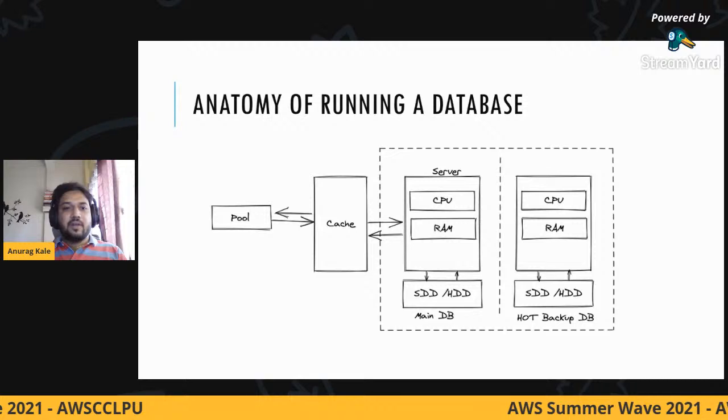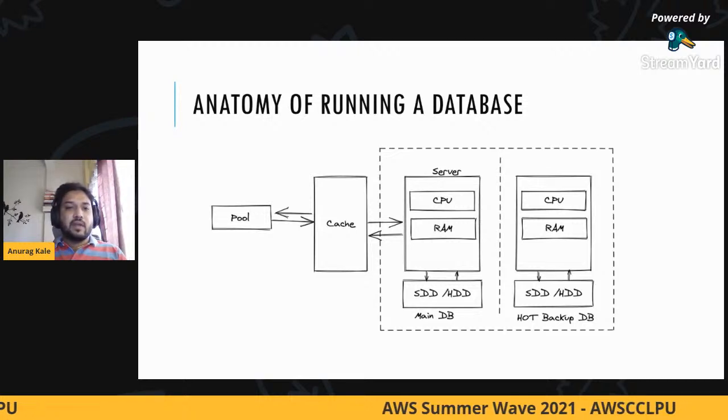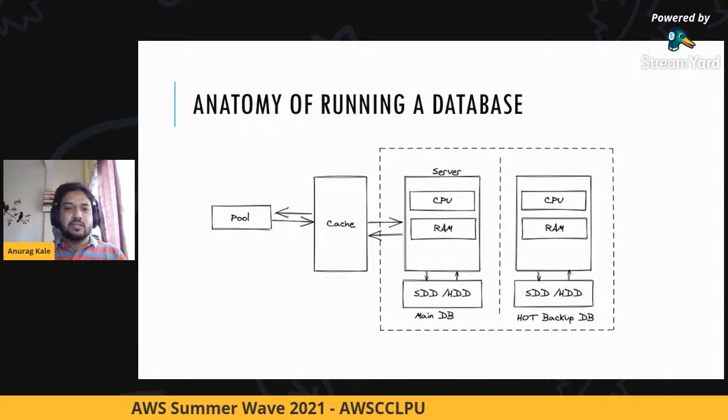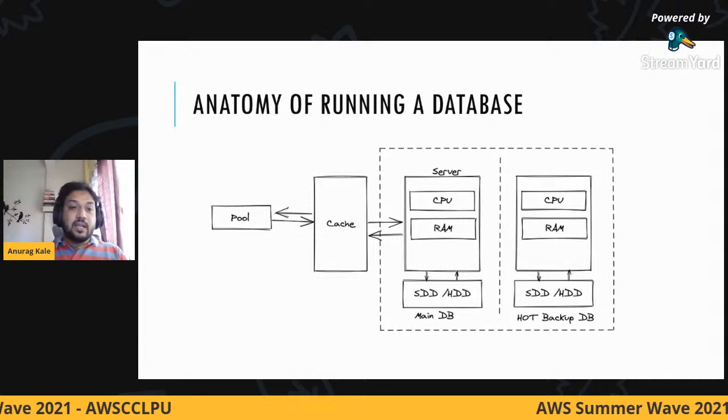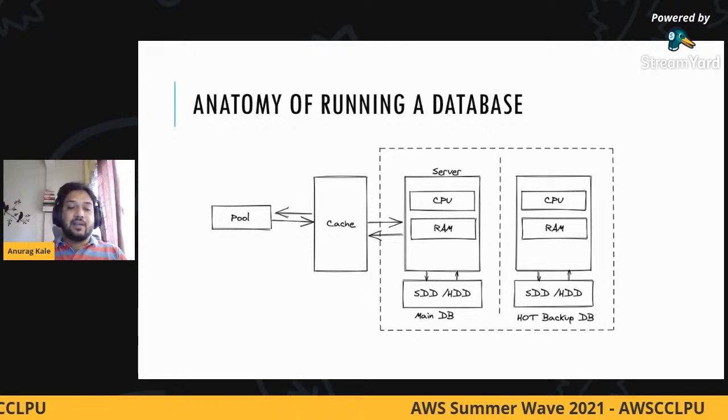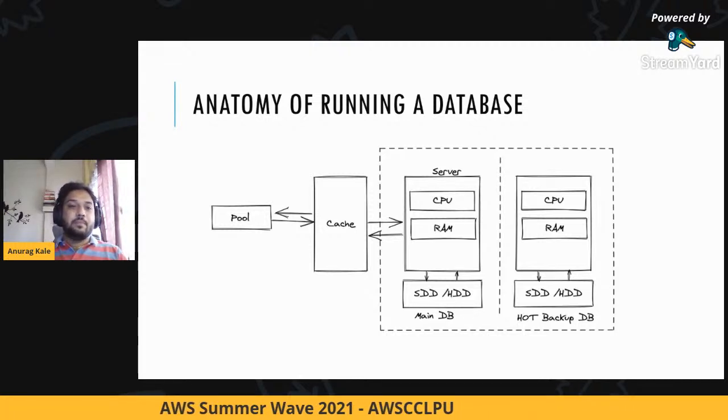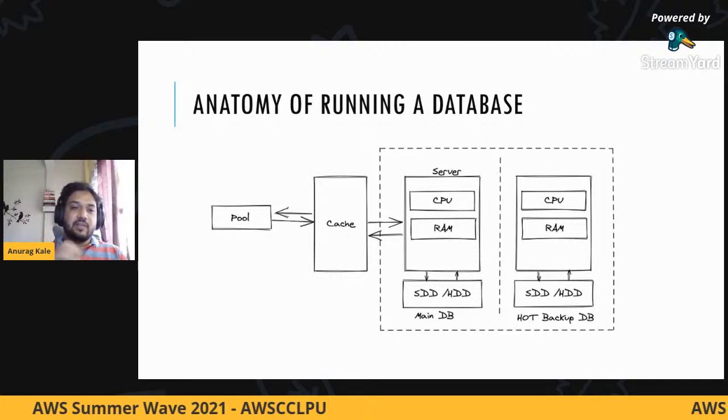So this is frequently accessed data. So instead of going to the database every time to fetch those details, we will just fetch it once into cache and keep it there in RAM, that is random access memory, so that you will be quickly able to bring it up on screen whenever there is a request from the pool for that particular data.